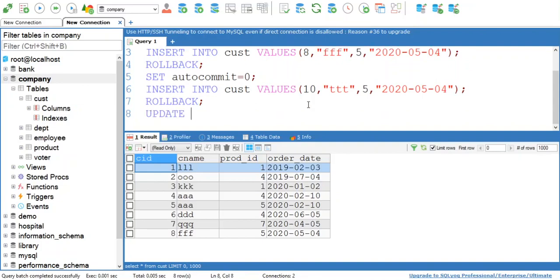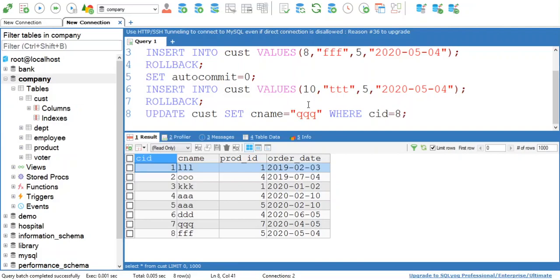Now execute another command: update cust set customer name. Now I am changing the value of customer name. Set customer name equals to, suppose, QQQ, for example, where customer ID equals to 8.